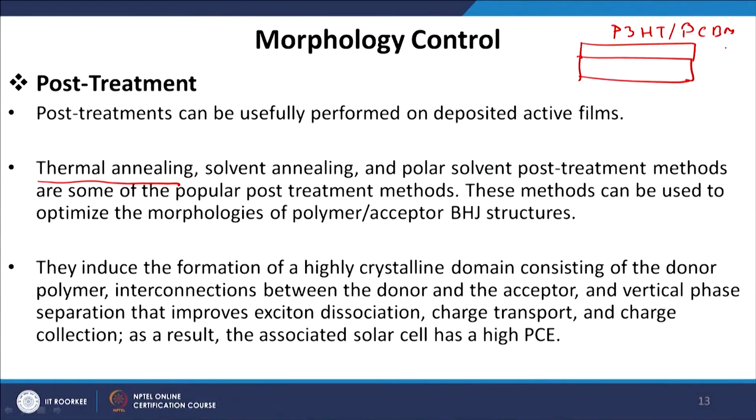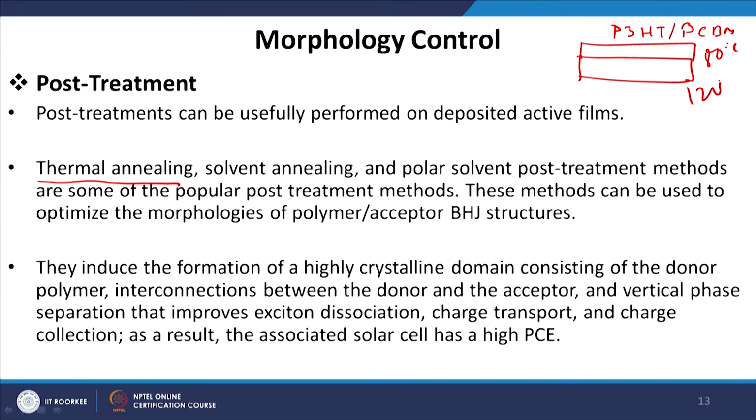So, let us say if I use chlorobenzene or chloroform, I should heat at a temperature higher than the boiling point of the solvent, so that even if some residual solvent stays in the system, it will evaporate and the crystallization process will complete. When we heat the P3HT PCBM film at 80 degrees Celsius and at 120 degrees Celsius, the morphology of the film will be way different. In most cases, to get an optimum morphology and optimum crystallites, 120 degrees Celsius works better than 80 degrees Celsius. That is why we usually sinter the film after fabricating the P3HT PCBM blend.